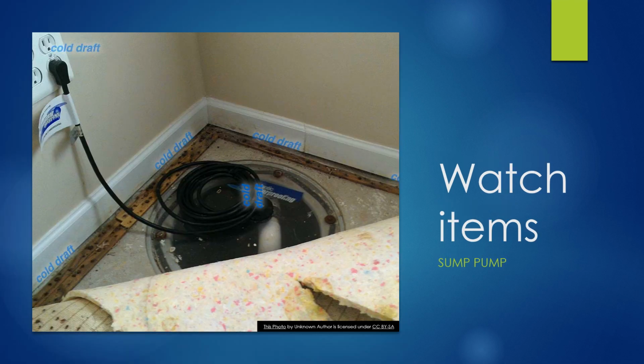Another item to watch are sump pumps. Many homes within North Dakota have sump pumps pumping out water. Make sure that they work. The person knows that they work, that there aren't any issues with the sump pump leaking, but also that wherever this sump pump is pushing out water, that it is pushed far enough away from the foundation that it is not causing additional issues. Sometimes if sump pumps are not correctly looked at, there could be issues of mold and moisture within the home, but also that moisture,